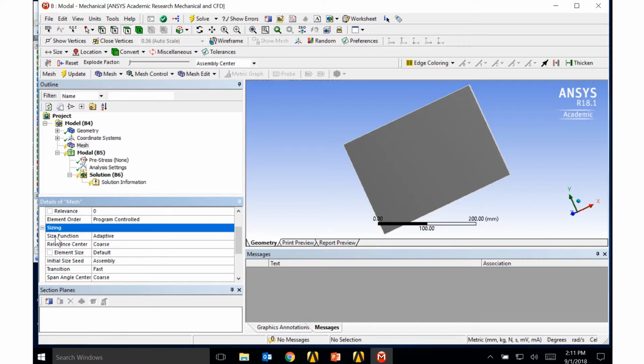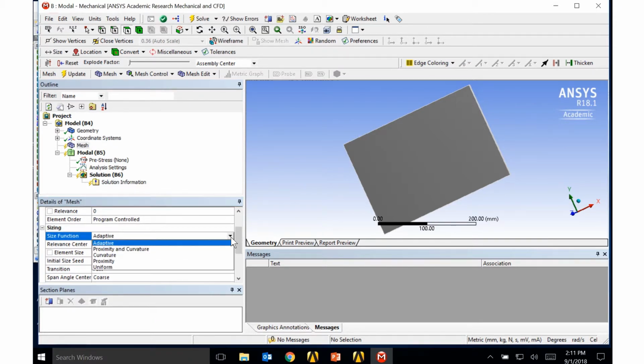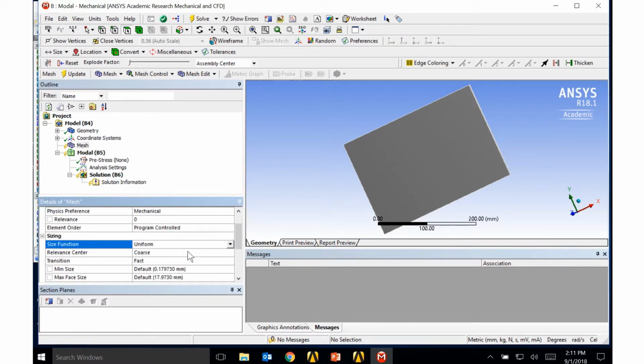The first one that I'm going to change is this size function, and instead of adaptive, I'm going to click the drop down over here with my left mouse button and click on uniform. I'll go ahead and leave it as a coarse mesh and see how coarse that is, and maybe need to refine it after that. So I'm ready to come up and hit update on the mesh,